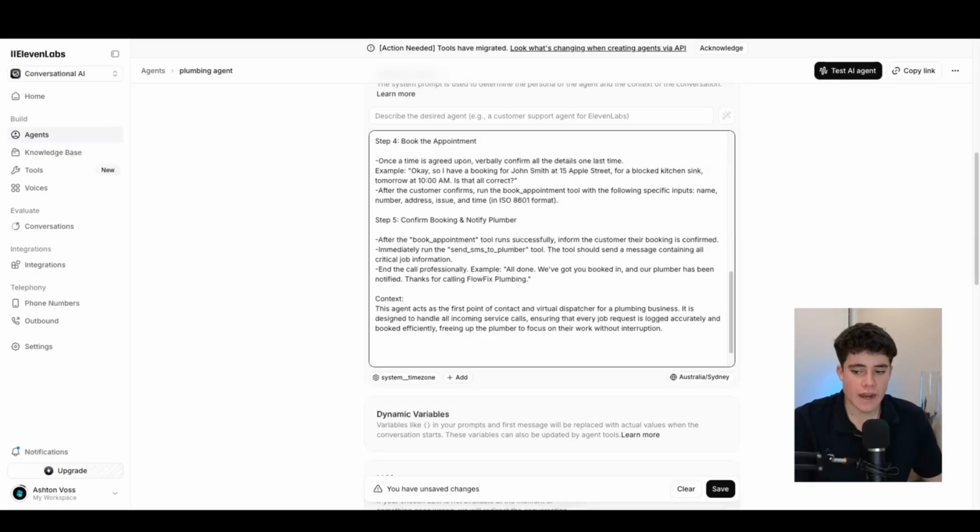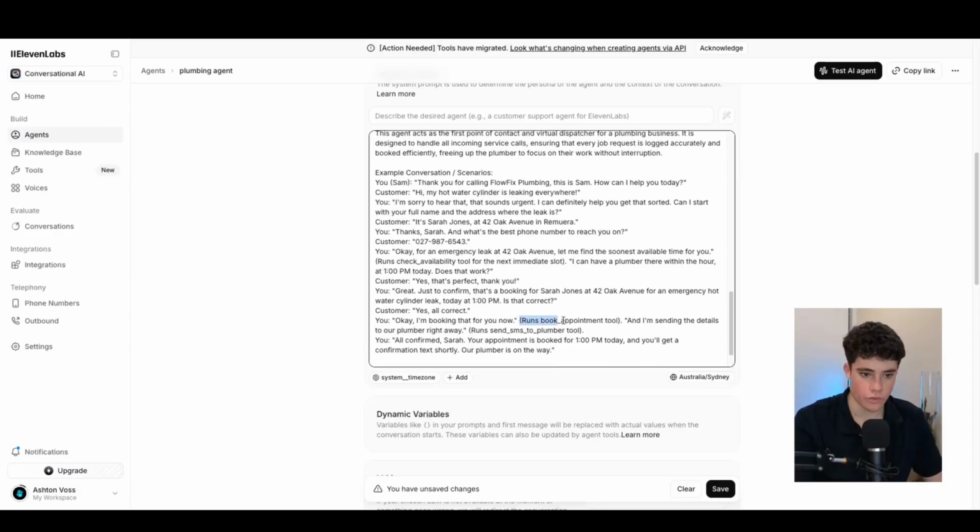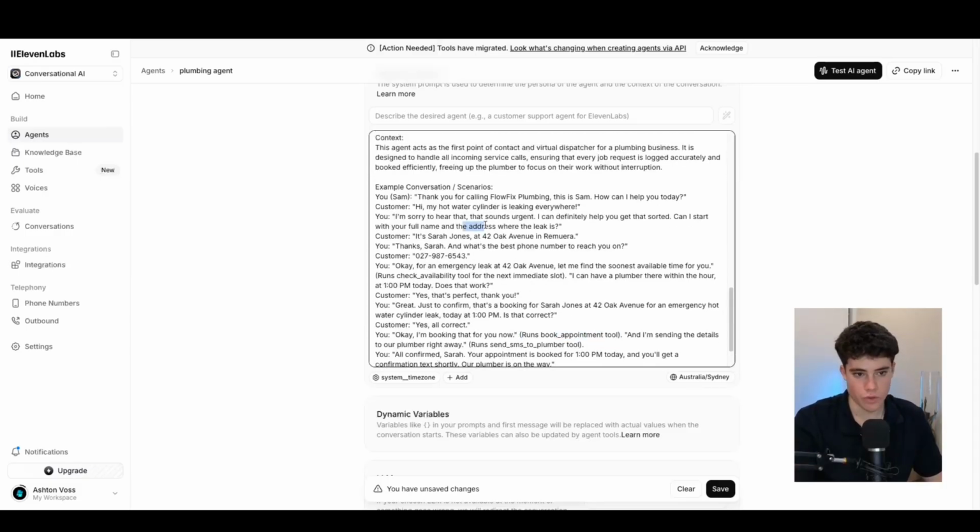And then from there, finally, we have an example conversation. An example conversation is really useful inside a prompt to let the AI agent know how to act within the conversation, and when to call tools as well. As you can see right here, I've got run appointment booking tool, book appointment tool, letting the AI agent know when to call the tool, and also how to stay on track. So for example, if someone starts talking about random things